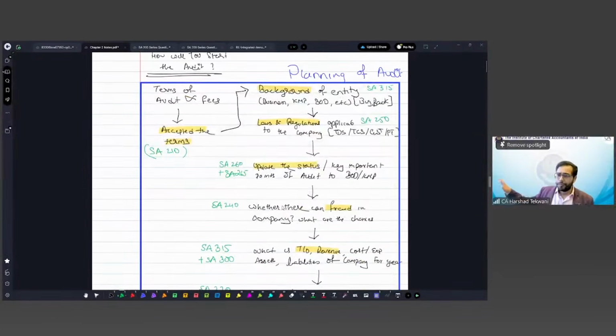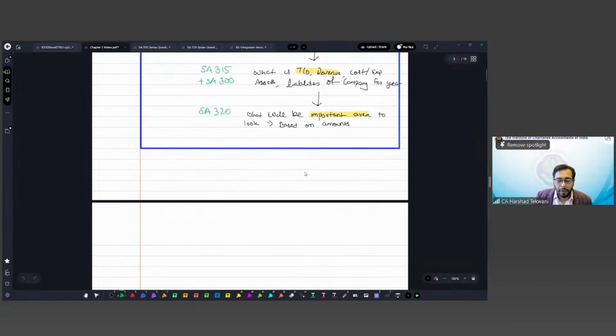Now, there are two specific scenarios when it comes to 299 and 402. 299 is kind of a joint audit. When you are doing a joint audit, you need to consider what is your responsibility when it comes to the joint audit. So I will write here